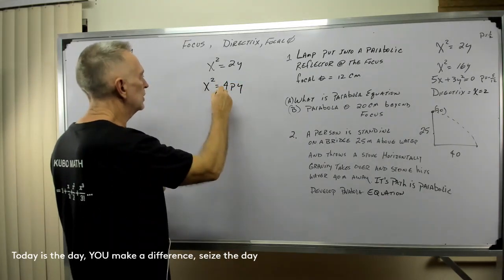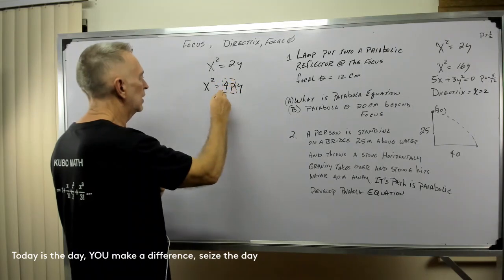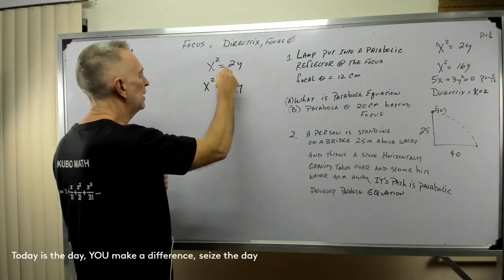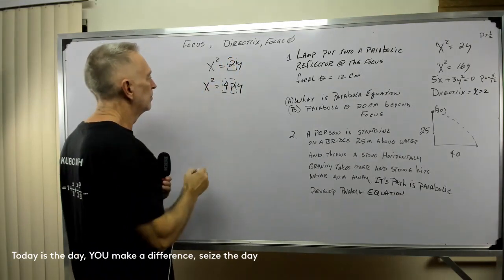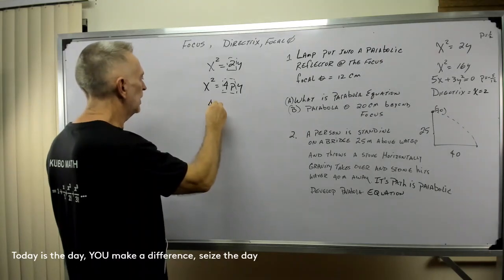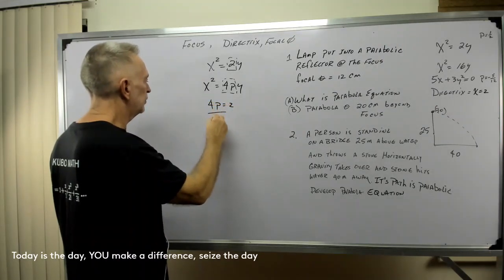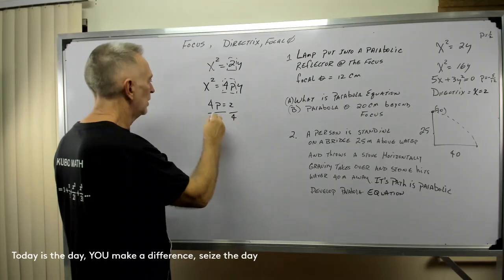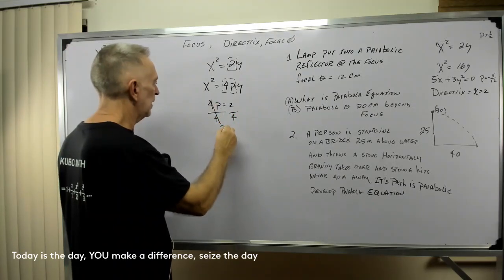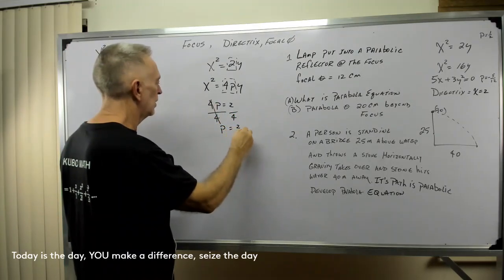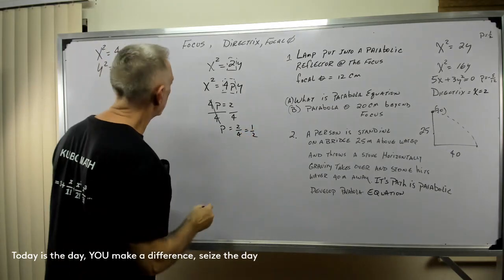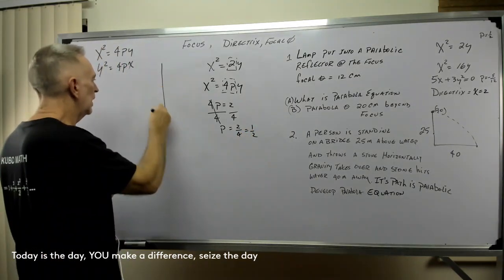Well, you can see that it appears to be that 4p equals 2. So 4p equals 2. Divide both sides by 4. 4 over 4 cancel. p equals 2 over 4 equals 1/2. So now I know I have